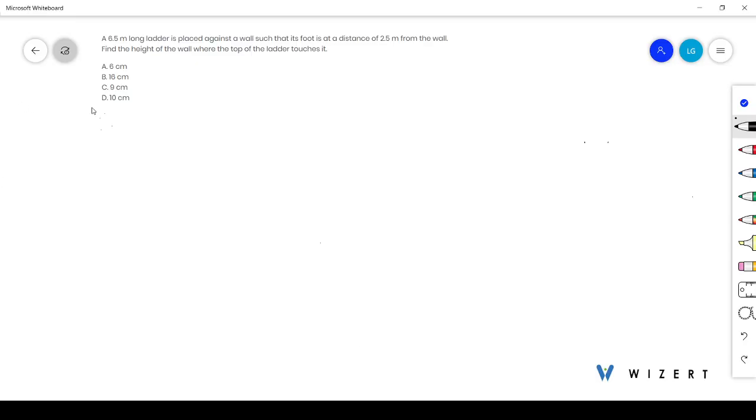Our question is, a 6.5 meter long ladder is placed against a wall such that its foot is at a distance of 2.5 meter from the wall. Find the height of the wall where the top of the ladder touches it. Now here we have given